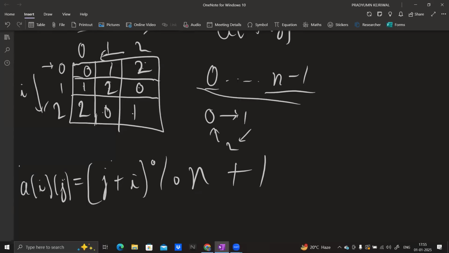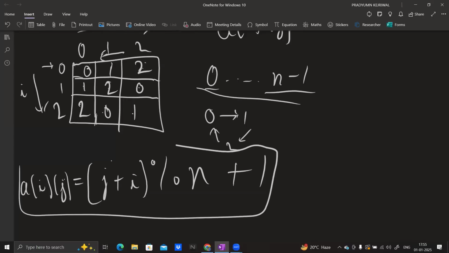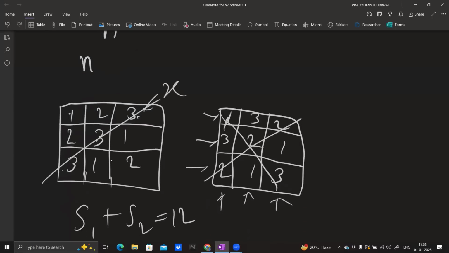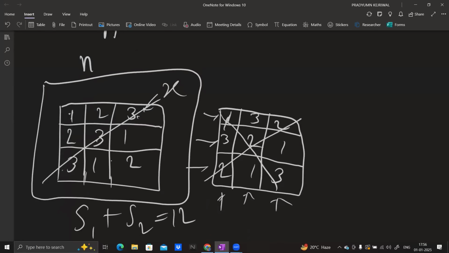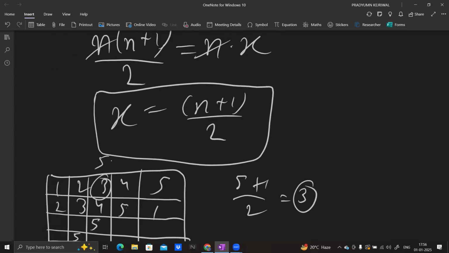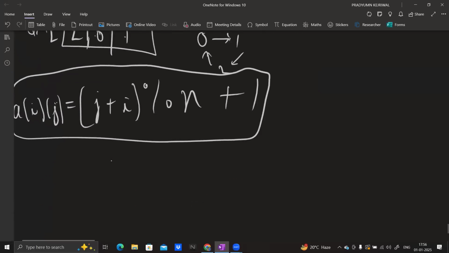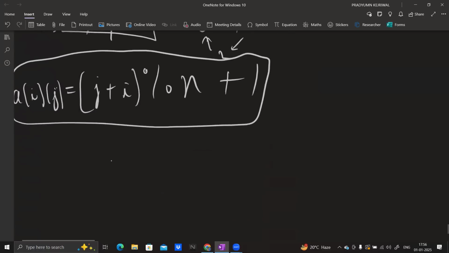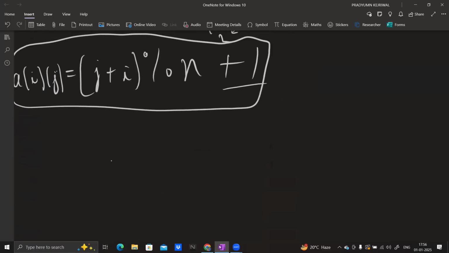So if we just do this for all ij, then we get that matrix which is wrong, right? You will get this wrong matrix. So after this, we just need to swap these two elements. We just need to swap n plus 1 by 2 with n and n with n plus 1 by 2. Like all the diagonal elements, all of these twos, or let's say threes, right? Because I did this plus 1. So the matrix will become like